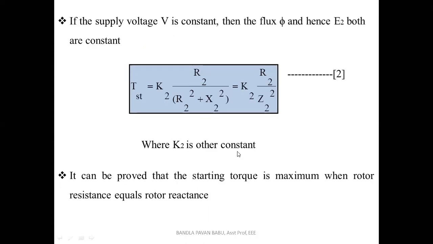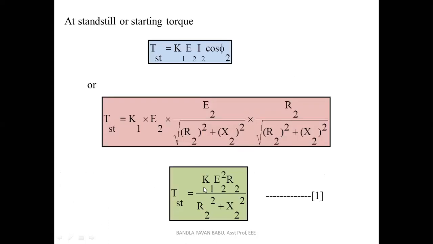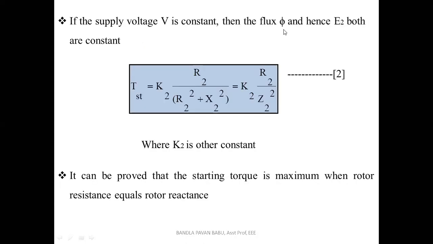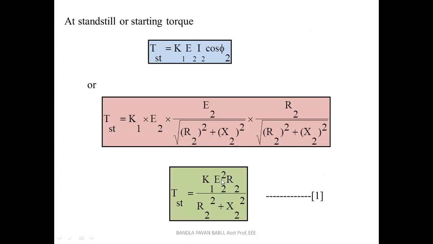Sorry, right. So look at equation 1 there. Here we are substituting this phi. Actually here we get K into phi, and phi we need to substitute with E1, and later on it will be E2. So all these relations we have seen in the torque equation, so I am not going into detail on this equation 1.